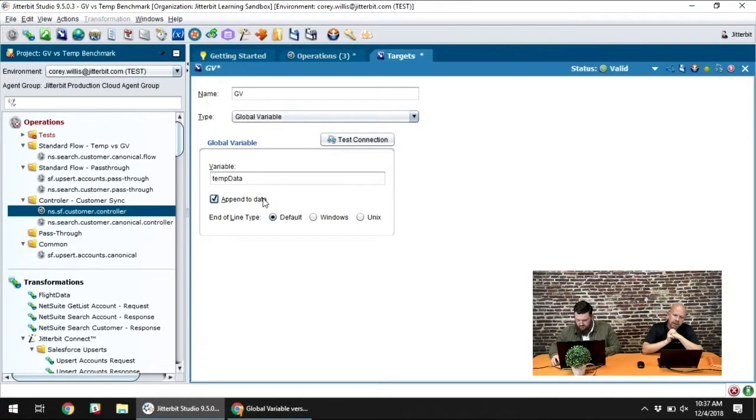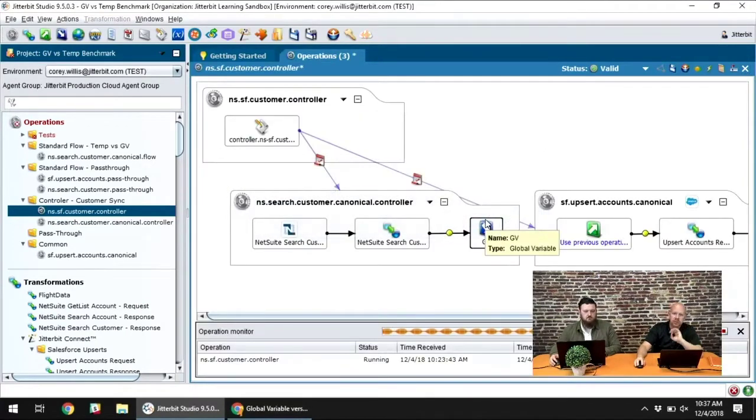Can you dynamically create and promote a global variable within the operation? I may ask for a little follow-up on that, but I'm going to answer it to what I think you may be asking. Global variables do not have to be defined prior to use in Jitterbit. I know some languages out there, you have to declare a variable and what type it is and all that type of stuff. Not so with Jitterbit. You want to use a global variable, say it's in a script, $ global variable name equals whatever, you're good to go. Okay. Now, if we're doing it as a target like we have right here,